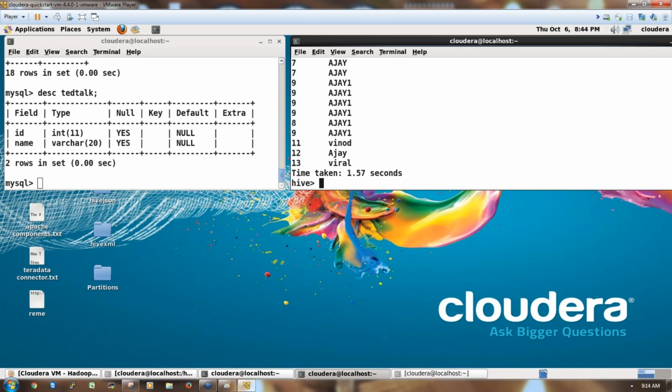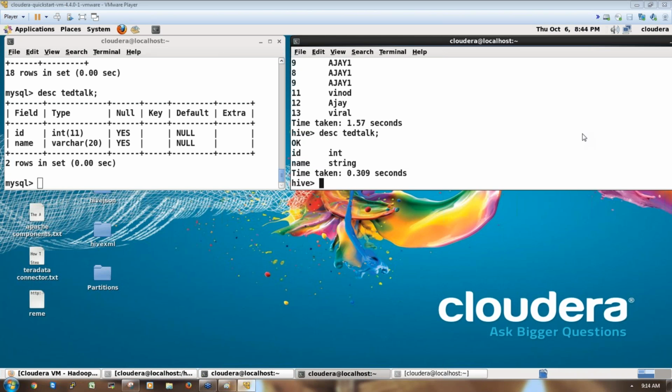Okay, so the data we have imported from MySQL to Hive. You can see the table schema of data talk. Right, so here ID is an integer, so here too ID is an integer. Your name is a varchar of 20. Here this varchar of 20 is converted to a string. So like this, we import the data from MySQL to Hive. Okay, so what we did here for the Sqoop regular